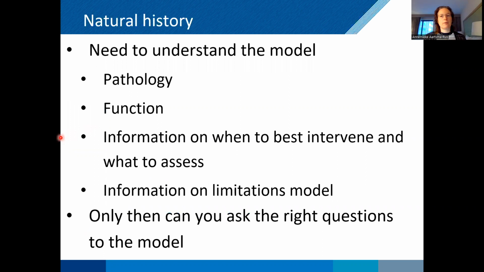And I think the first thing to know is how to choose the best model and how to ask the right questions to your model is to first study the model. And that makes a lot of sense, and that's what we do in patients, where we often do natural history studies of the patients. However, it's equally important to do this in your animal model. So you need to study the pathology, which tissues are affected, when does it start, is it progressive, etc. You need to study function, if there are functional deficits compared to wild type. And only if you have this information do you know when to best intervene and which outcome measures to use